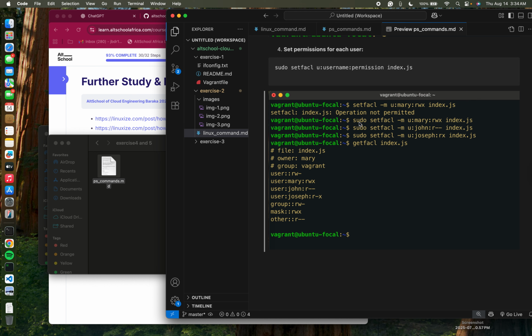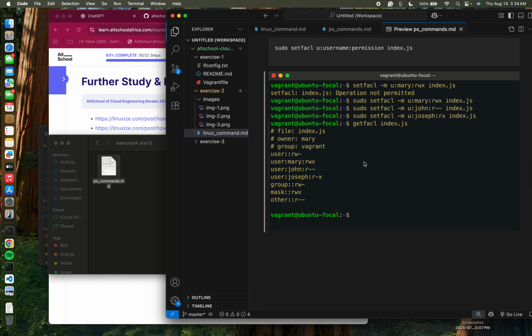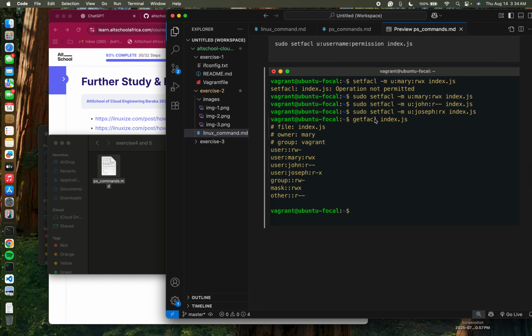This is me putting it into use. Sudo setfacl -m. You can remember -m helps you create a path. So -m u:Mary:rwx index.js, like that. And when you are done, you do getfacl